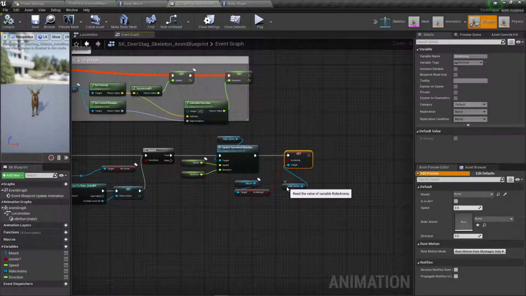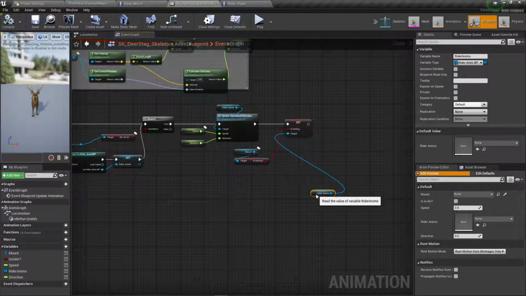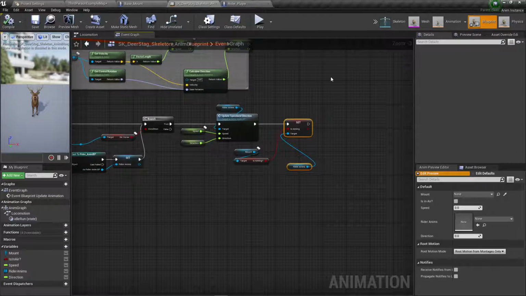So we are then getting the rider's animation blueprint, where we then set it aiming at the same variables we set so that it's consistent. We are then setting that, and then you will then trigger